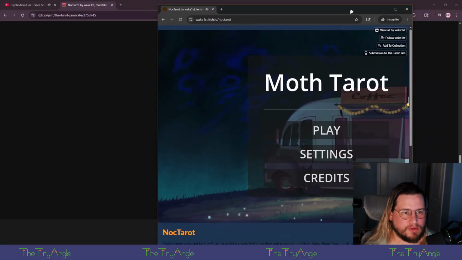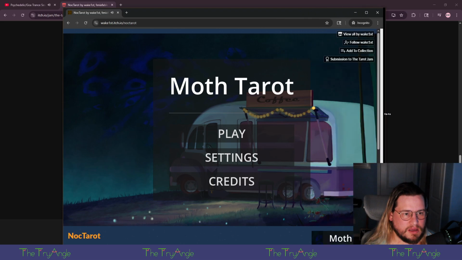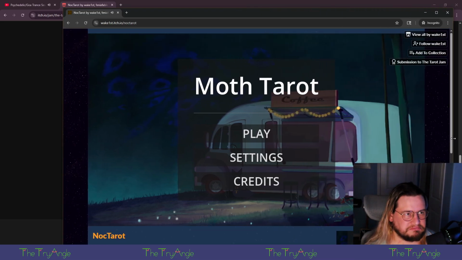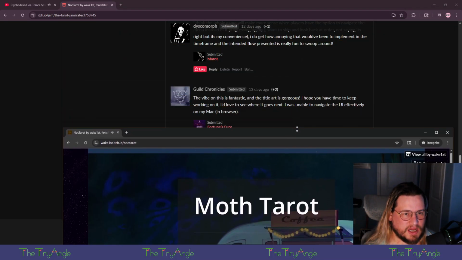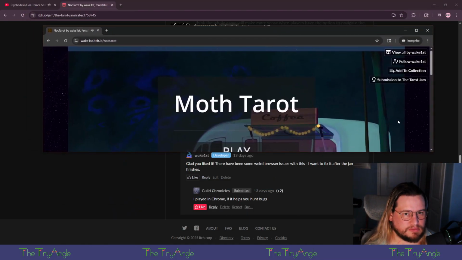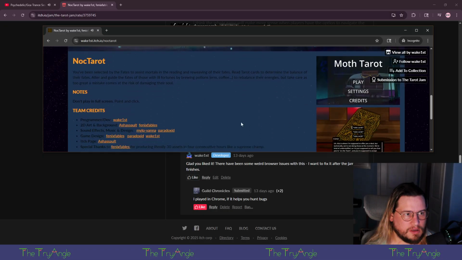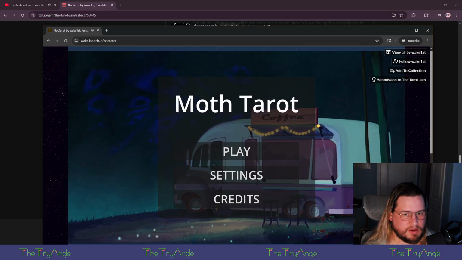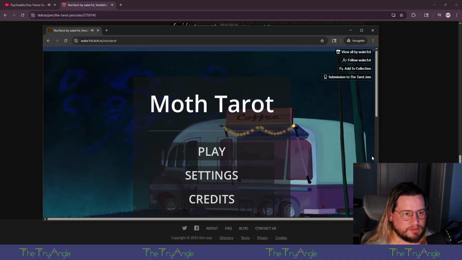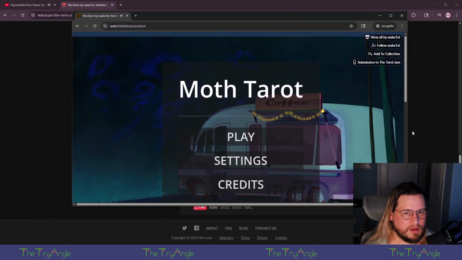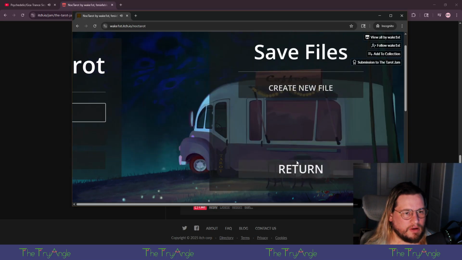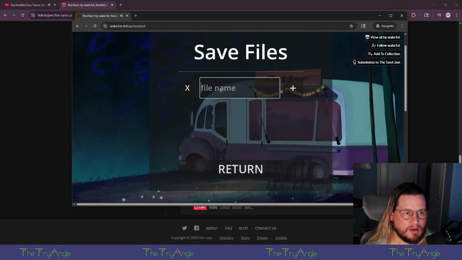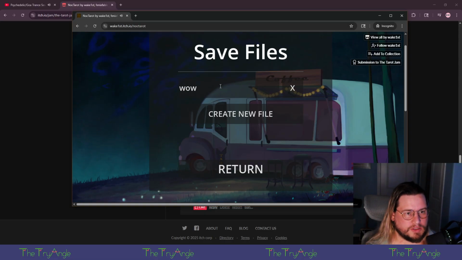I kind of wonder, though, if it's the size of the browser window? No. I mean, obviously, that's not really workable like that. I don't know. Let's call this one WoW.